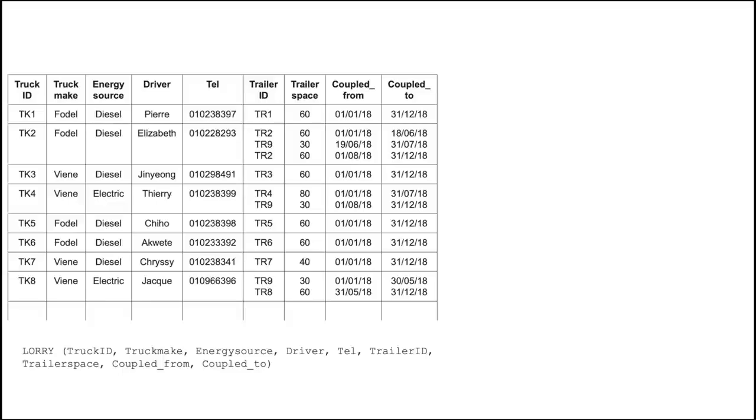So right here, we clearly have a few entities. We have a truck, we have a driver, we have trailers. So let's start with the truck. For truck, we're going to have an ID, and it looks like that's unique for every truck. We're going to have a make. We're going to have an energy source. For a driver, we're going to have a name and a telephone number, which seems to be unique for all of them